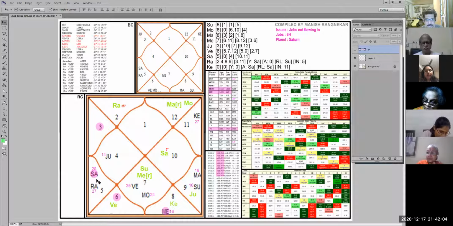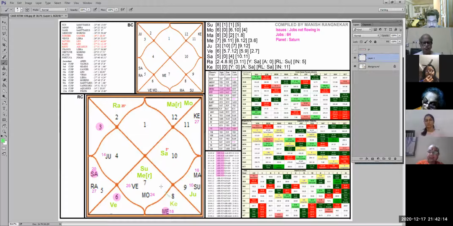Okay. Now, where should you put it? So 36, let me make it. Where should you put it? So 30, 60, 90, 120. So we will put it in the 4th house, which is your northeast. Where to put the Saturn? You can put Saturn in the northeast. From here, it will give a 120-degree hit to the 8th house.